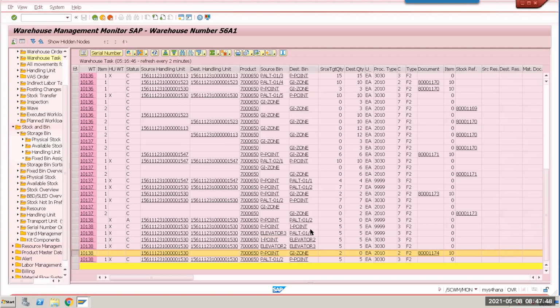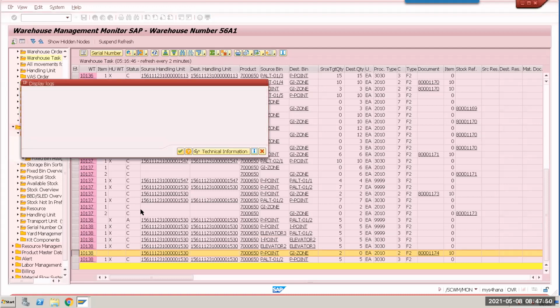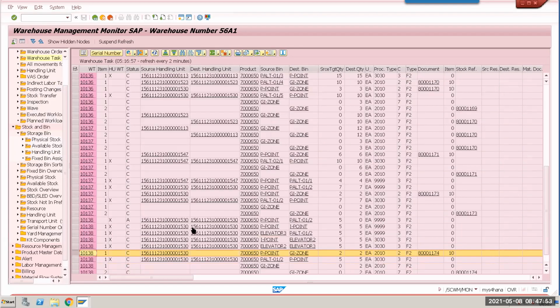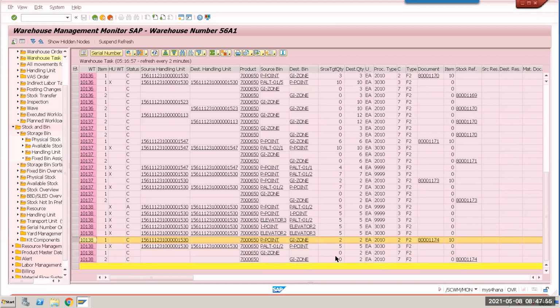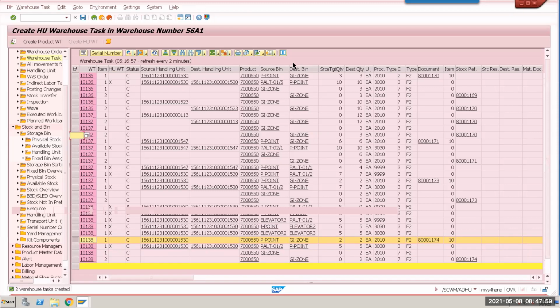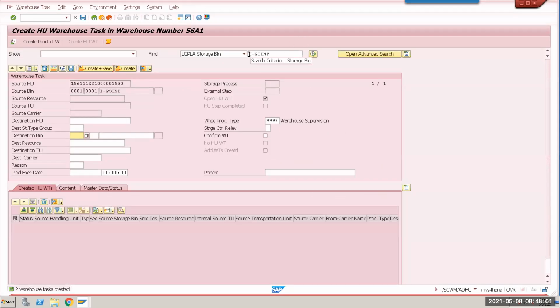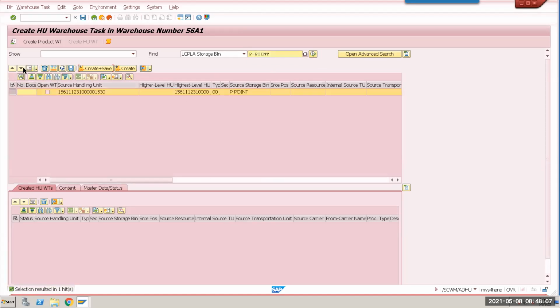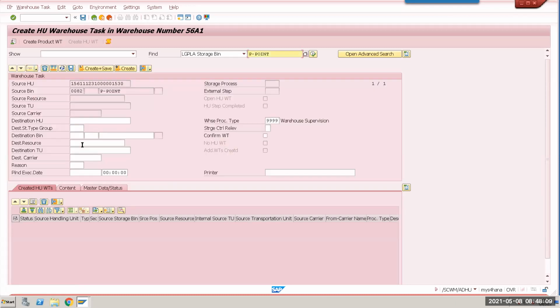So now from pick point, I have to move some stock over there. 80, 88. So let's see now. It will create 2 error paths.